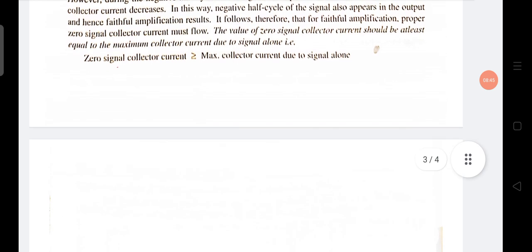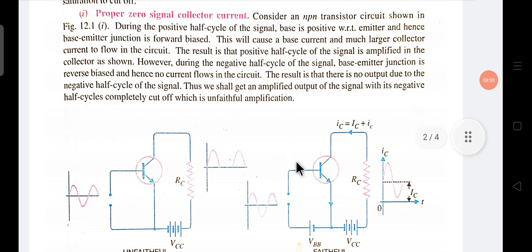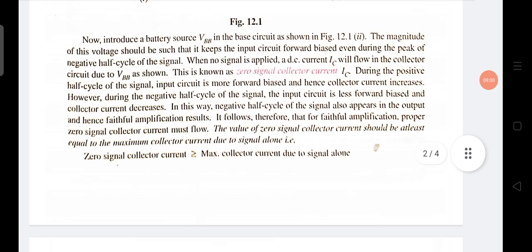This is called faithful signal. For a faithful signal, the proper zero signal collector current is needed. Proper zero signal collector current means the magnitude of this voltage should be such that it, now introducing a battery VBB in the base circuit as shown in the figure, keeps the input circuit forward biased even during the peak